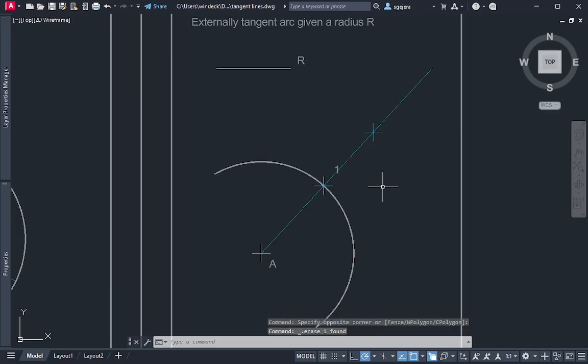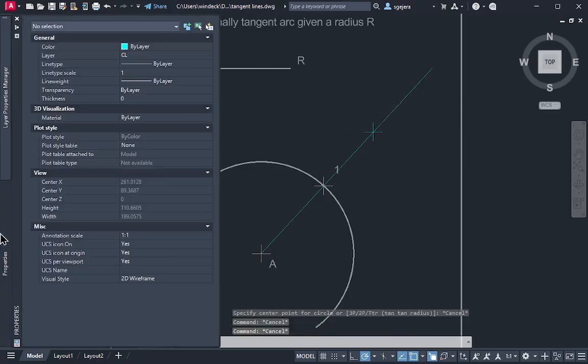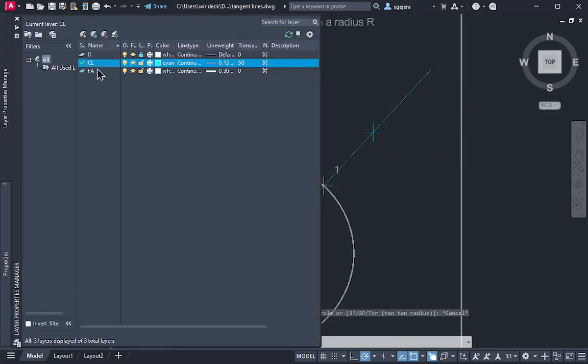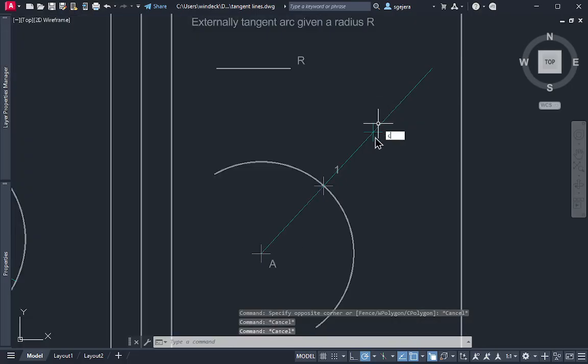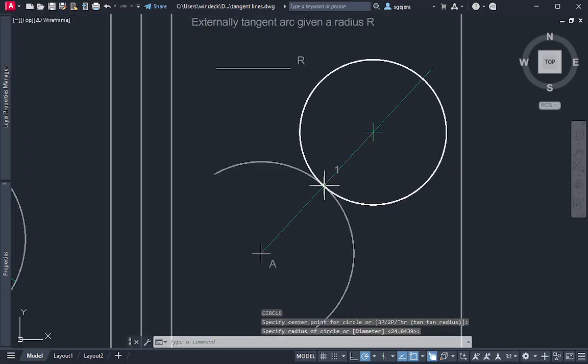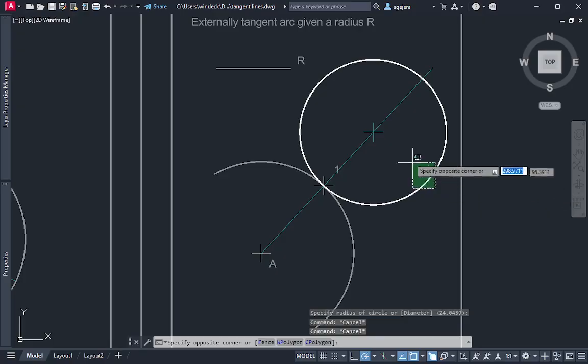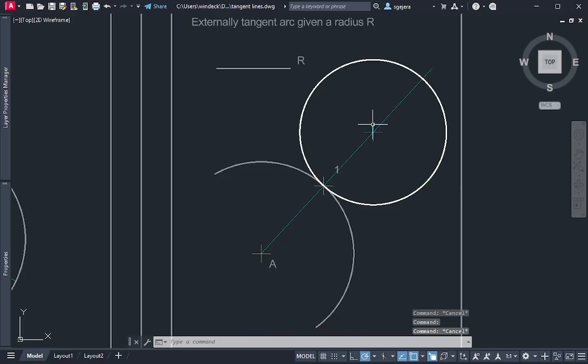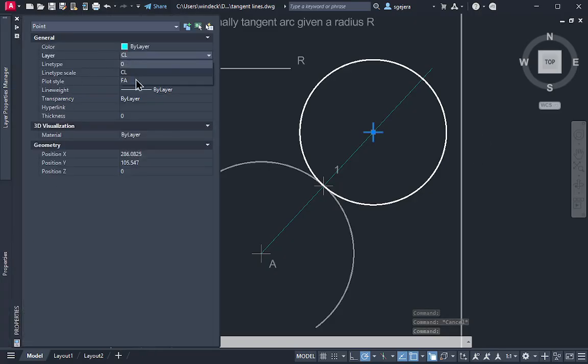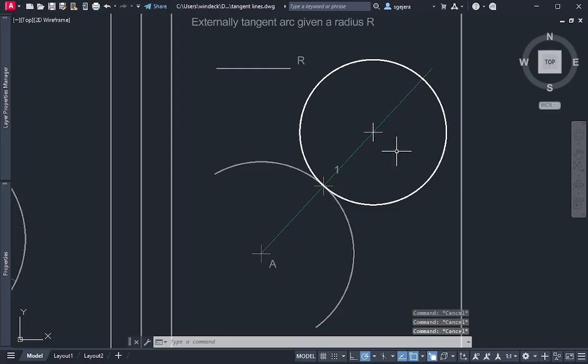So, now, we can create our arc or our circle. And let's use final answer. Pwede ang gawin natin is to just create the circle or arc. And that's the final answer. And we should match, no? Etong center is part of the final answer. So, ito dapat should be in the final answers layer, no? Final answer. So, again, the centers of your arcs and circles is also considered as a final answer. Okay? So, dapat